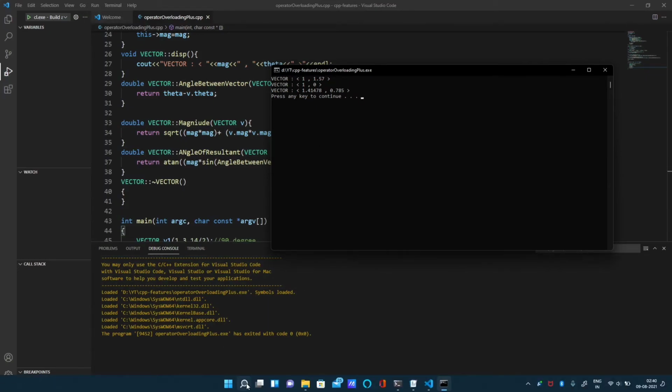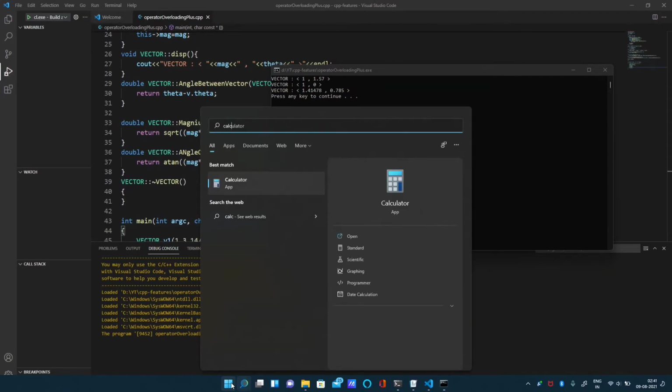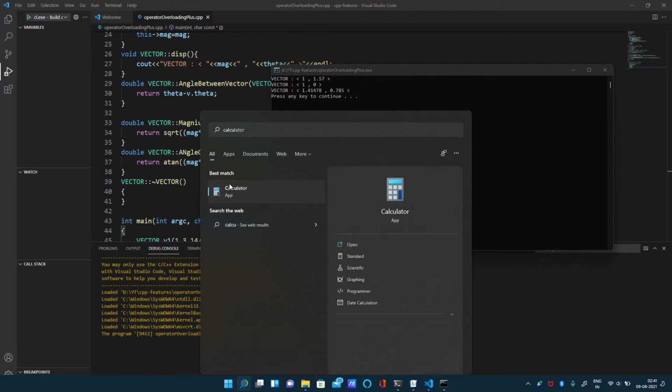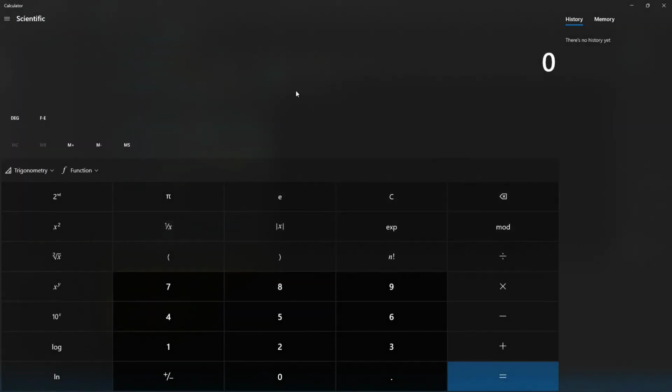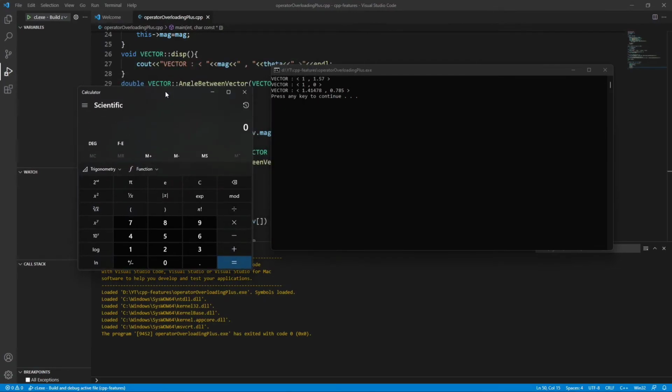So let's verify using the calculator. Okay, here we can see 1.41. Let's see what root 2 is. So how to find the root here? Let's just do 2.